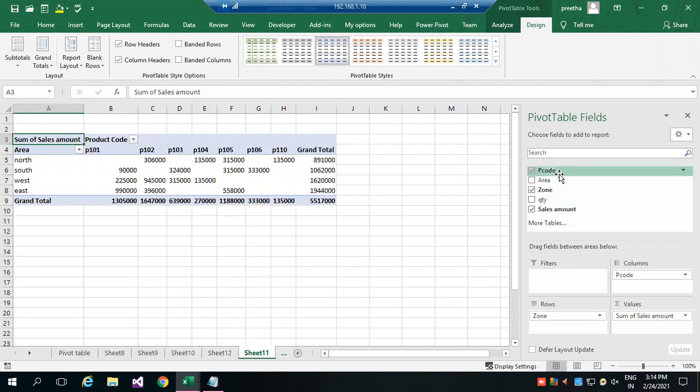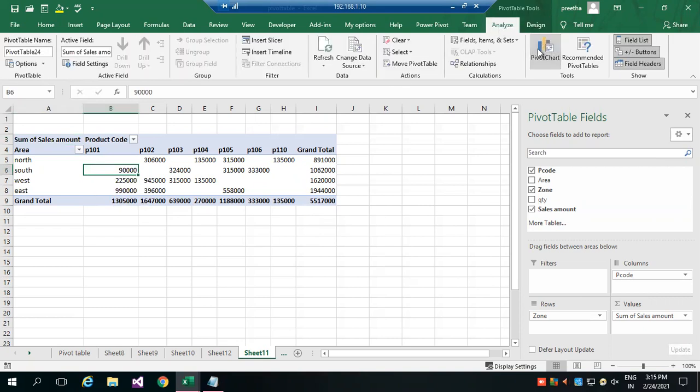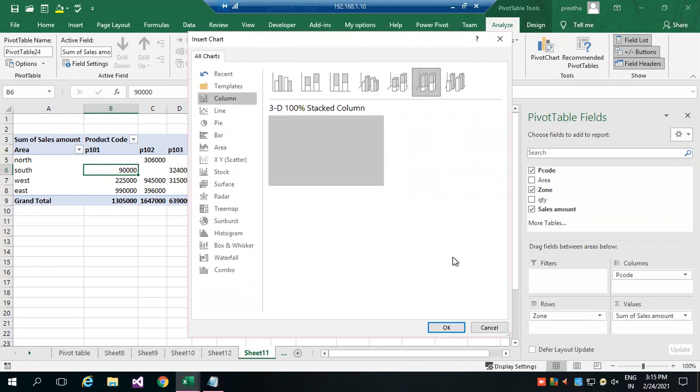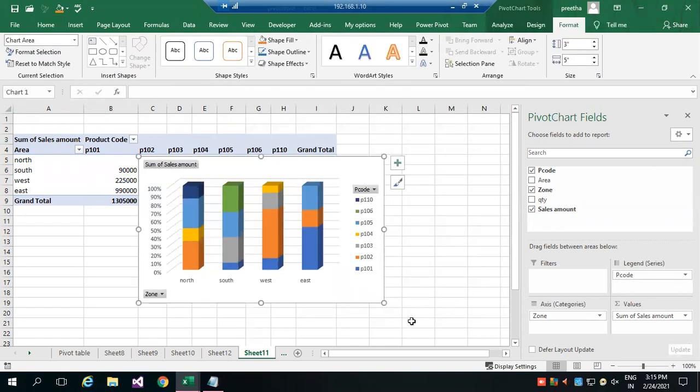It is for comparison purposes, and how we want the comparison, what data is to be compared. If you know all this, you can analyze and take decisions. Now I can see for a particular product what the total sales are, and I can compare. For example, for this also I can analyze using a pivot chart. I can take a stacked bar chart. You can see the analysis.